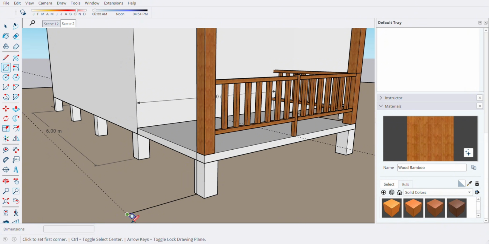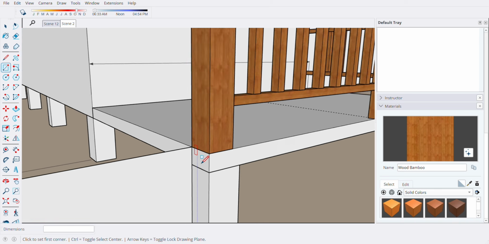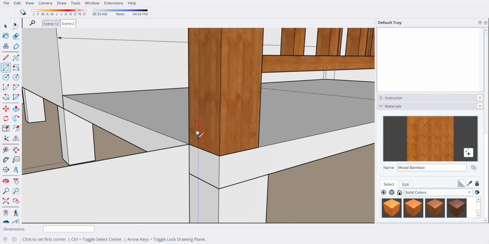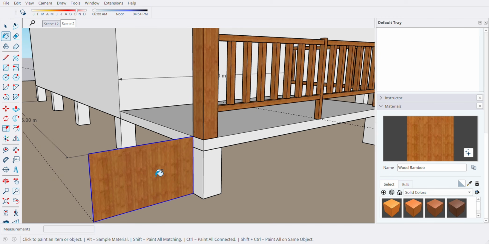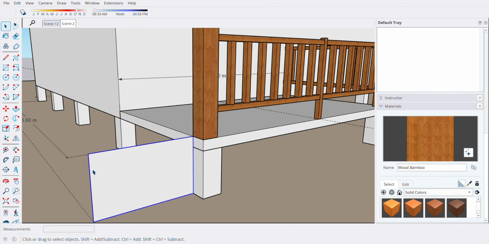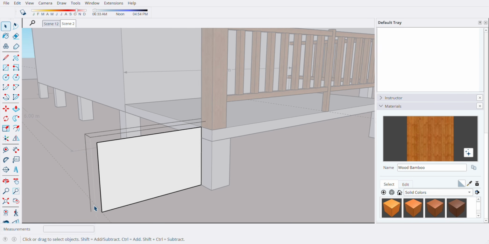And I will make a rectangle from here up to my first point here. So that's it. Rectangle. So this one, I will group immediately. Make color, no problem, or afterwards, no problem.